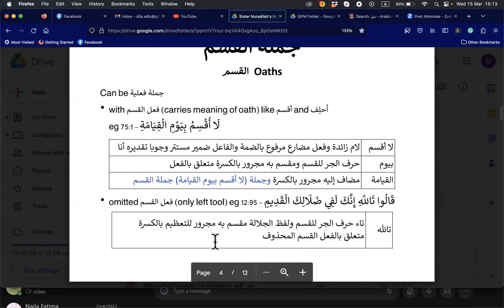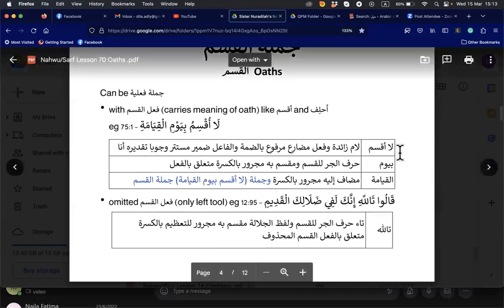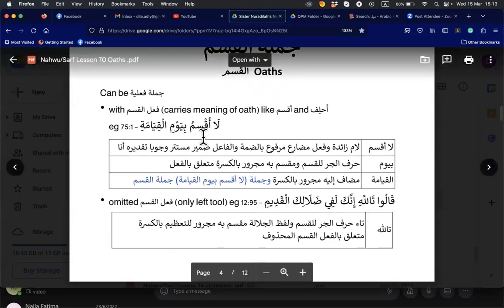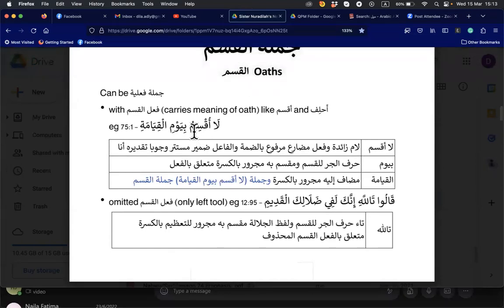Usually it's a jumlah fi'liyah. If we have a fi'il qasam, then usually in the Quran we also see uqsim, but there's also another one in the Arabic language in general. So here we have la uqsimu biyaumil qiyamah. The la here is lam zaidah. Of course, uqsim is our fi'il mudhari marfu with dhamma, and our fa'il is ana, dhamir mustatir wujuban takdiruhu ana,